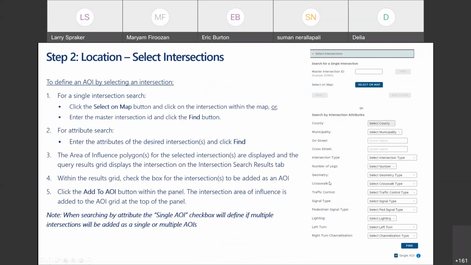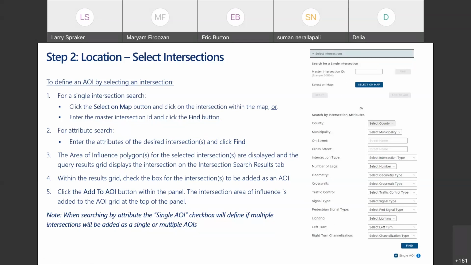You know, is there a crosswalk there, traffic control, lighting, etc. So we could select an intersection by clicking on the map, or I could select an intersection based on attributes. And what I'm physically selecting is the area of influence polygon for that intersection,